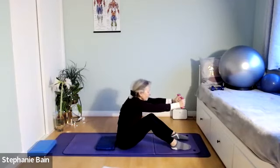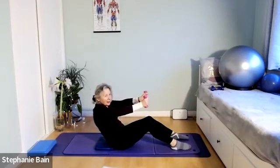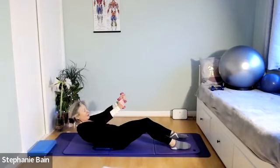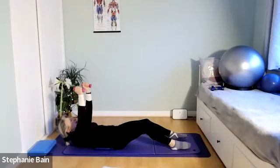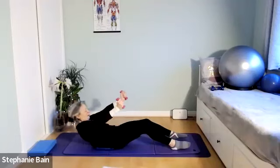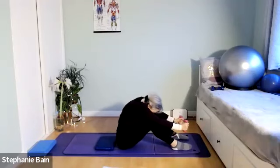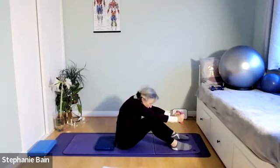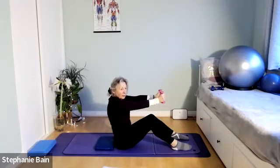Now, come forward, come forward. We're going to go back, back, just a little bit. Work within your comfort zone. Now your toes may lift. Arms to ceiling. Breathe in. Exhale, the weights will help. Lift, rolling up. Come forward, and then sit tall, sit tall. That's it. Roll back,